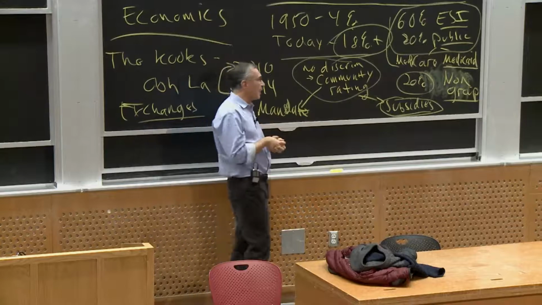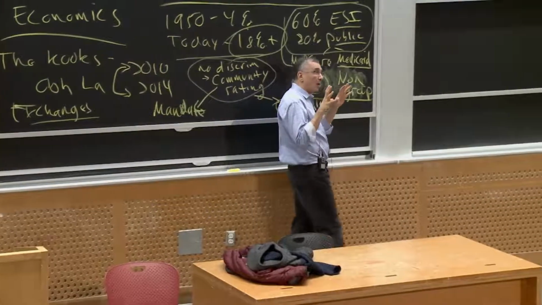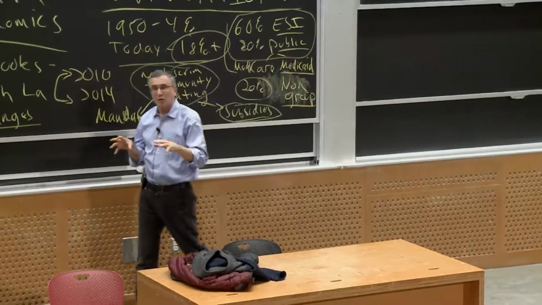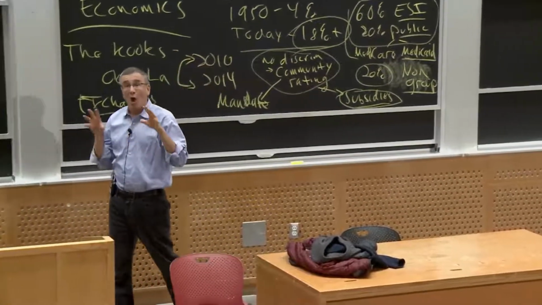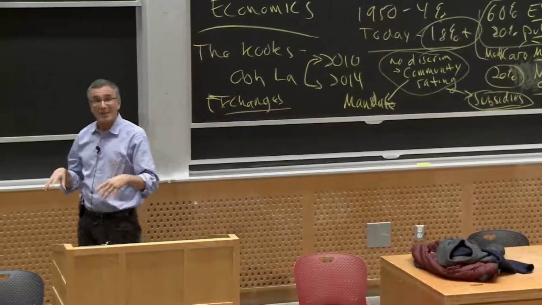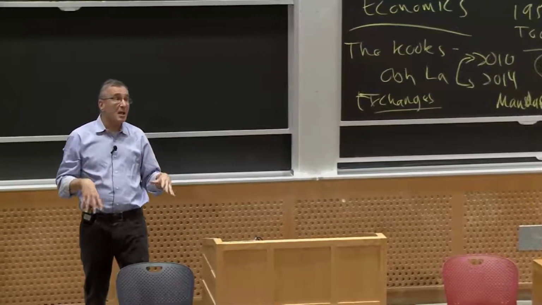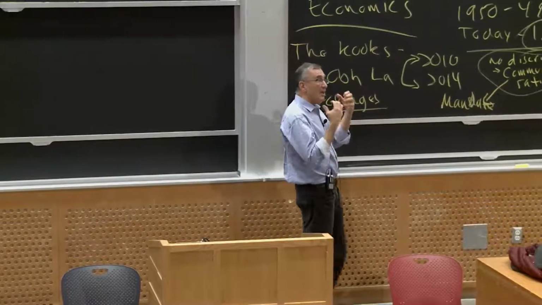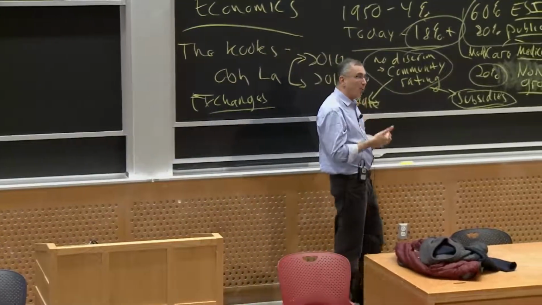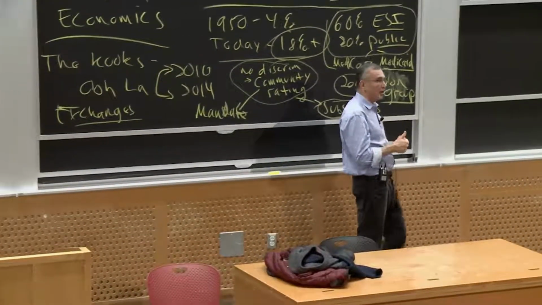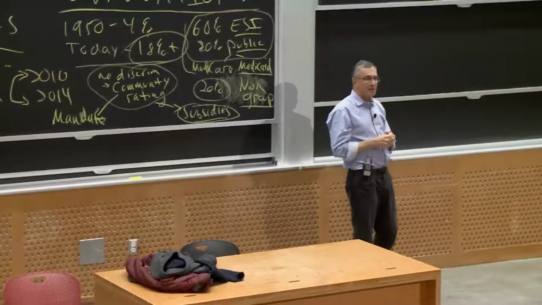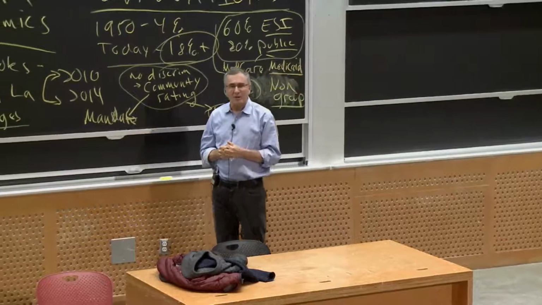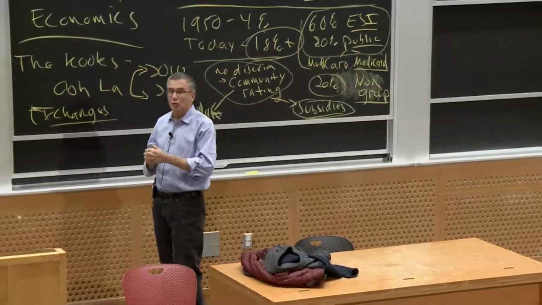Okay, last thing I want to say, which is what I hope you got out of this course. What I hope you got out of this course was learning how to think like an economist. I hope I inspired you to take more economics. That's awesome. Even if I didn't, I hope that you will take from this course the ability to think like an economist, the ability to think critically about the important problems and to recognize that everything has an opportunity cost. Everything is a trade-off. Nothing is easy. Okay? Everything requires thought. Everything requires some subtlety in trying to figure it out. Okay? And we've given you the tools to do that.